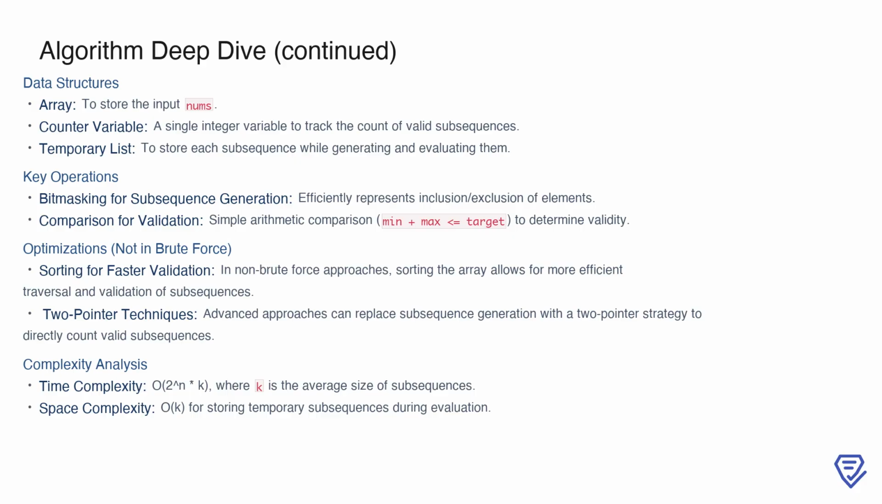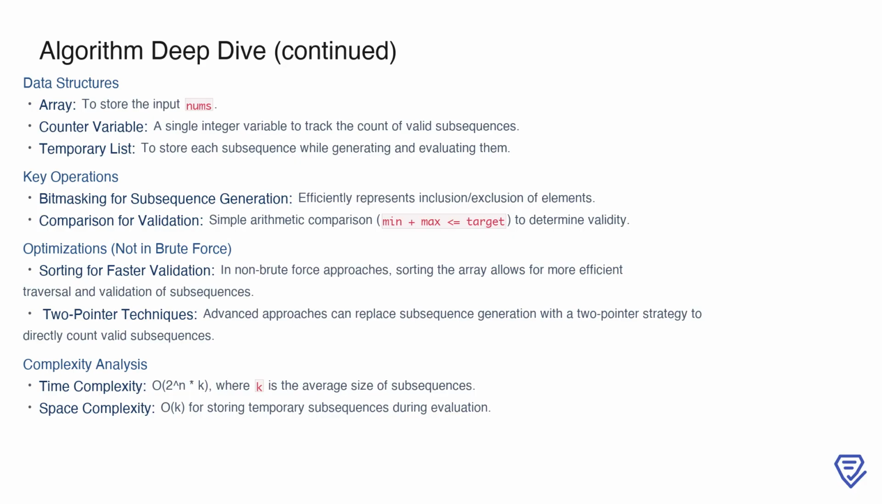Potential optimizations include sorting the array, which can significantly speed up validation by making the minimum and maximum elements more accessible. Another advanced technique is the two-pointer strategy, which avoids the need to explicitly generate subsequences. Instead, it directly counts valid ones by leveraging the properties of the sorted array. These optimizations can reduce the time complexity significantly. Speaking of complexity, the brute force approach has a time complexity of O(2^n * k), where k is the average size of the subsequences, and a space complexity of O(k) for storing temporary subsequences during